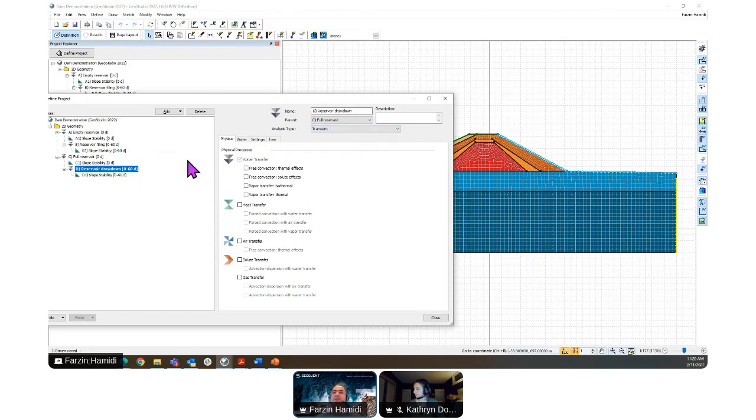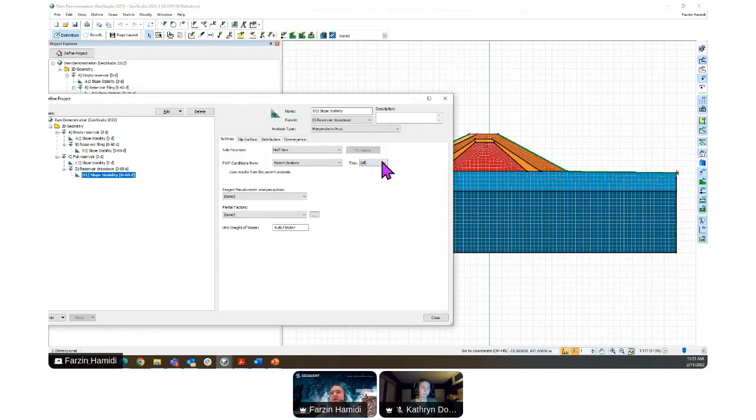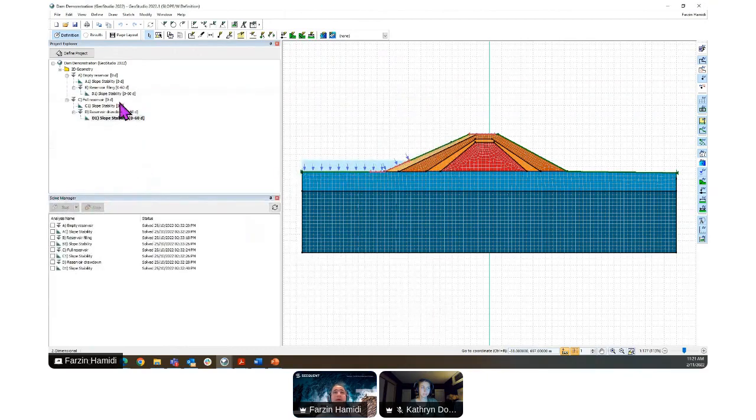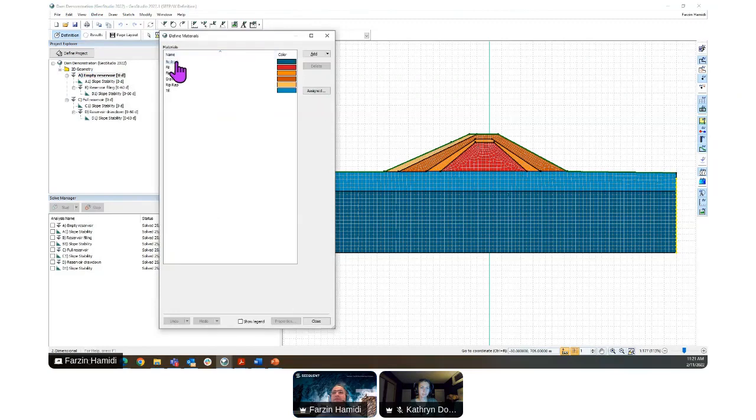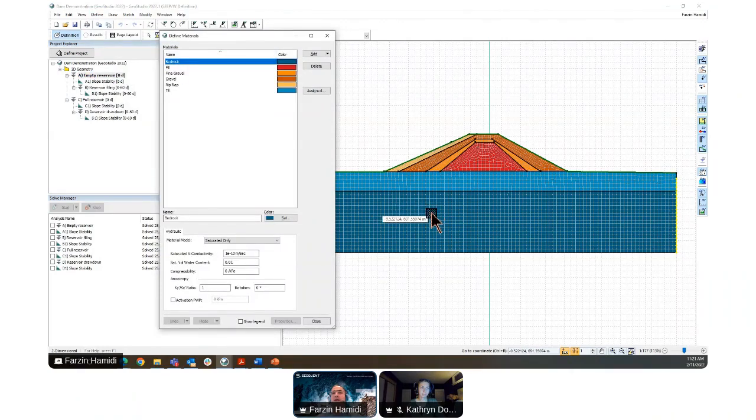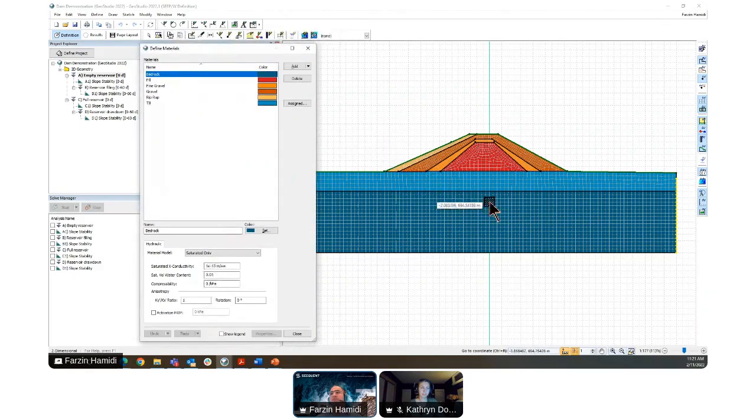So you can see here, from the steady state up to transient, and then we do the slope stability analysis. All of them are identical. Just skip through it and then go to the definition view. As you can see in here, we need to include different parameters such as the material model. As you can see here, we have a bedrock, which is impenetrable. So the slope stability is not going through that.